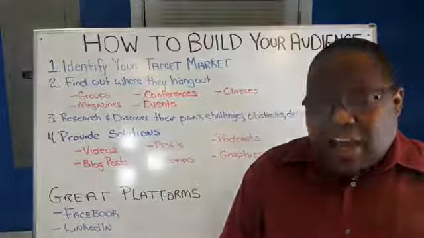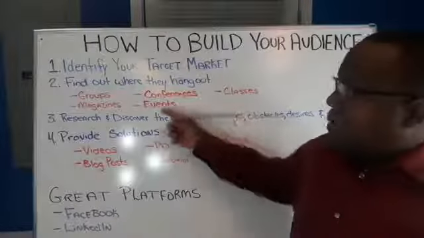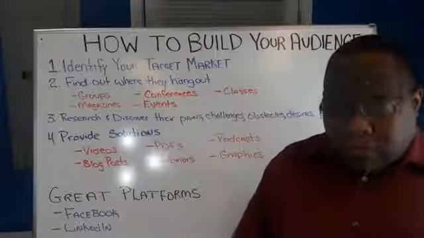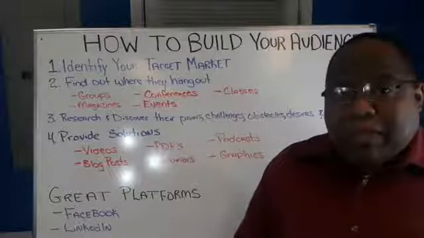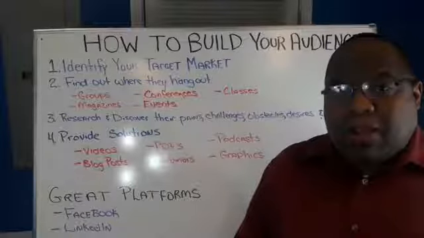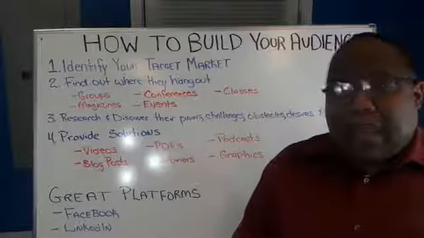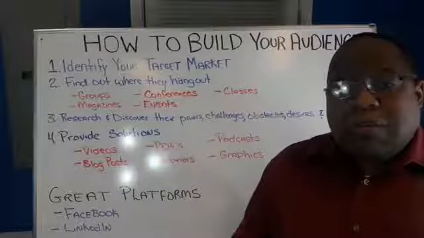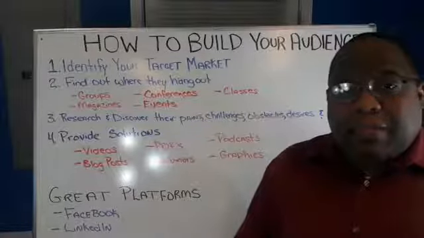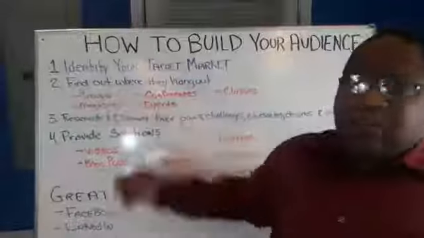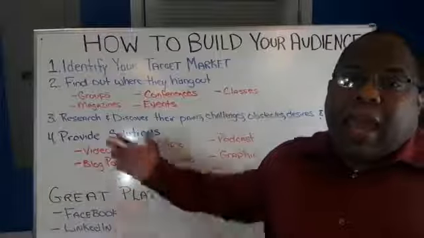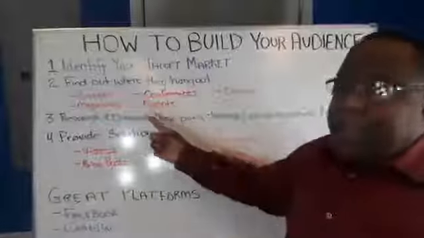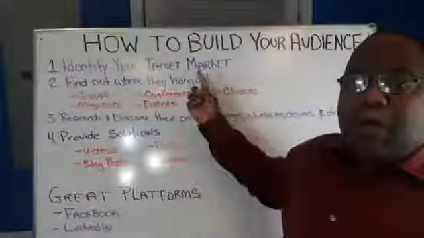So you've got to find the audience, find out where they hang out. What type of magazines do they actually read? I went to Barnes & Noble, and they actually have a magazine for network marketing. Success Magazine used to cover a lot of network marketing companies. Work from home business opportunities is in that particular magazine. Maybe you and your team get together and you do a full page ad that's driving to a capture page or something. So you want to find out where your target market is hanging out.